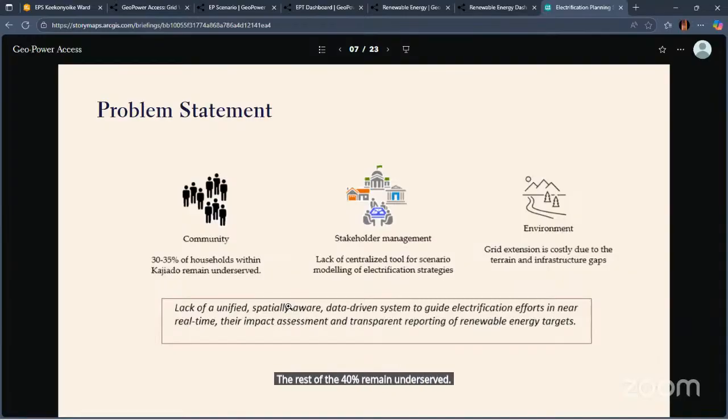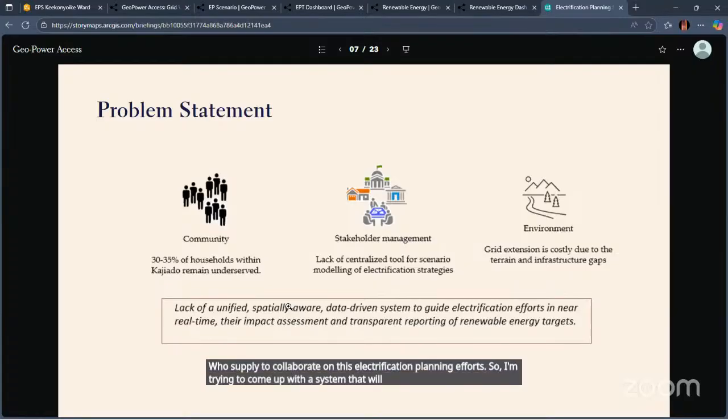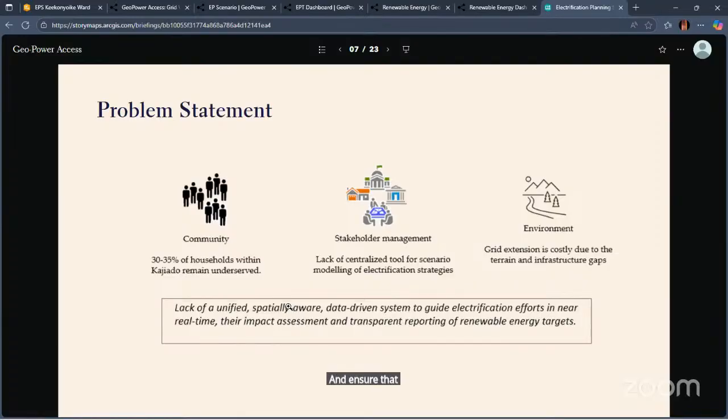This is also an effect of the lack of a centralized tool to collaborate. For instance, the REREC team and Kenya Power, who supply power, need to collaborate on these electrification planning efforts. So I'm trying to come up with a system that will unify the electrification efforts and ensure that the decision-making is data-driven